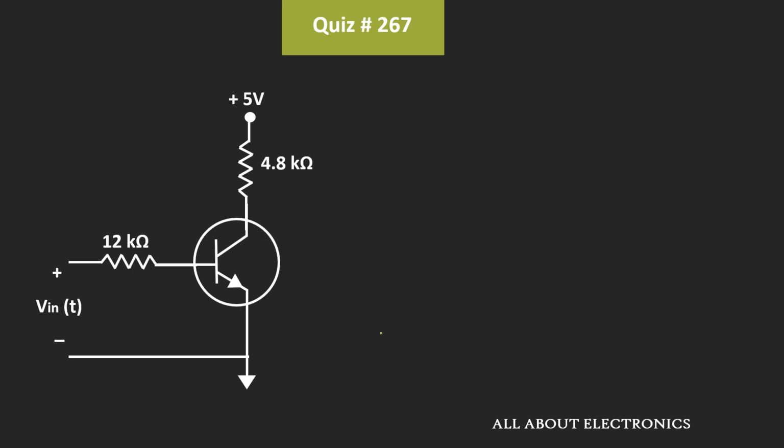Now we know that this collector current IC is equal to beta times IB. So here, for the given value of this base current, the minimum value of the beta should be such that this transistor should operate in the saturation. That means the value of the collector current should be equal to IC sat. So for that, first of all, we need to find the minimum value of the beta. So here, the minimum value of the beta will be equal to IC sat divided by base current.